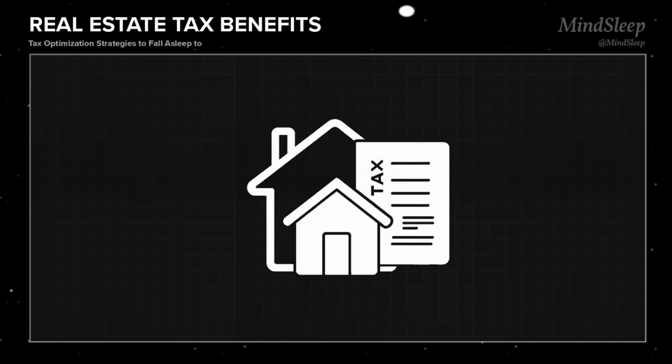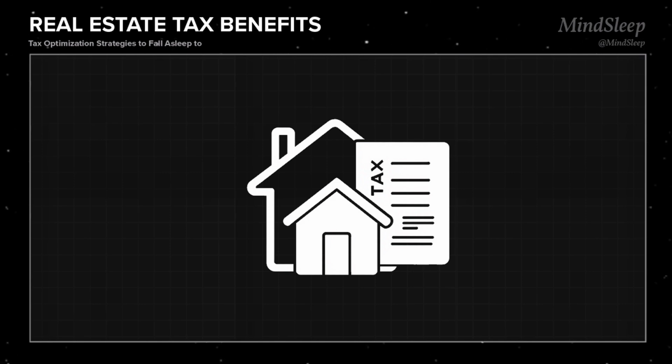In some cases, it might allow a property owner to depreciate 20% to 30% of a building's cost over a 5 to 7 year period, rather than the standard 27.5 or 39 years. This acceleration of deductions can result in significant tax savings, improving cash flow, and potentially freeing up capital for further